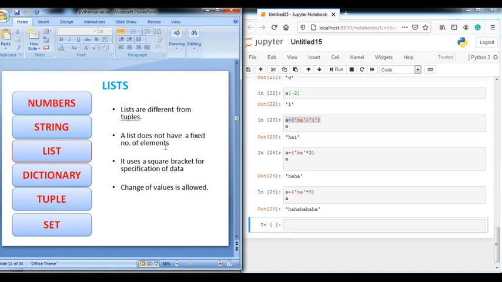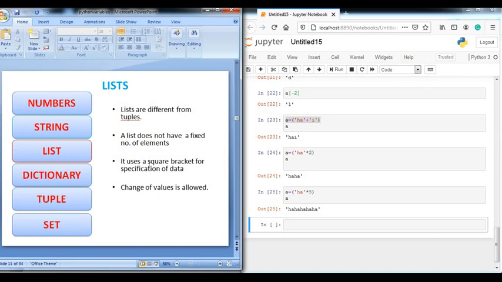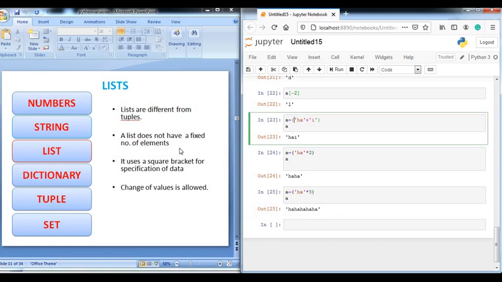A list does not have a fixed number of elements. That means the values in it are not fixed. It uses square brackets. An important thing in Python is that with the help of brackets, we will understand whether it is a list, whether it is a tuple, whether it is a set, or a dictionary.